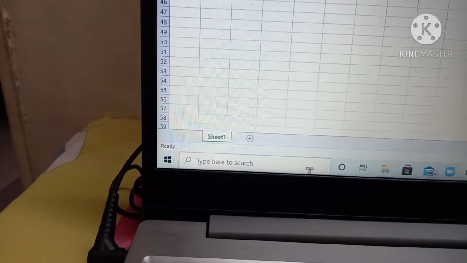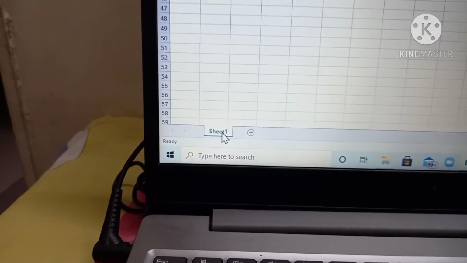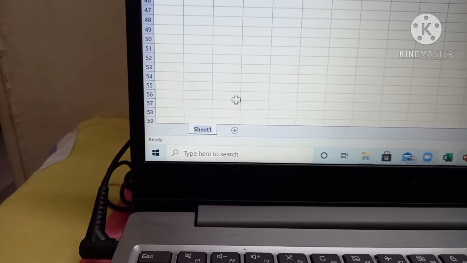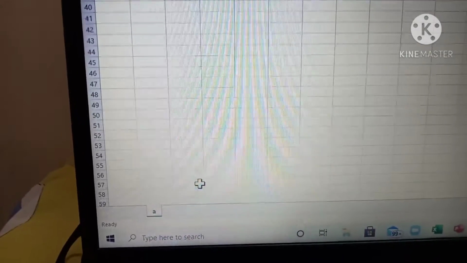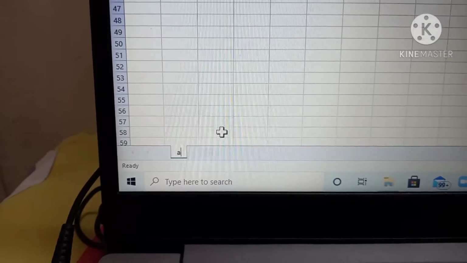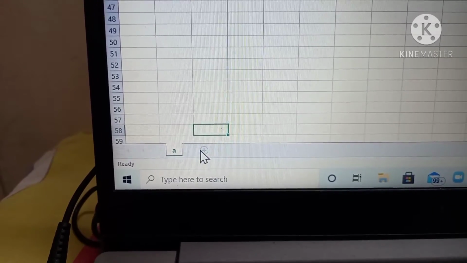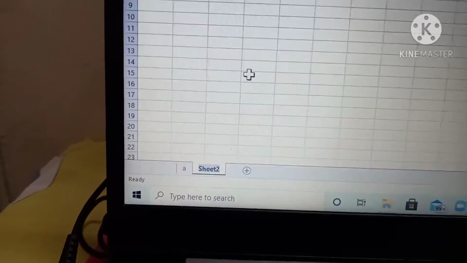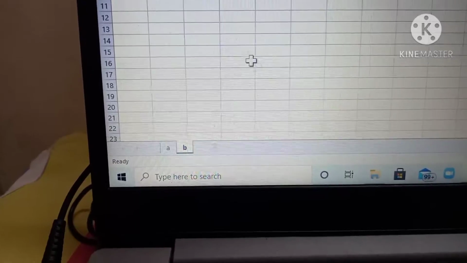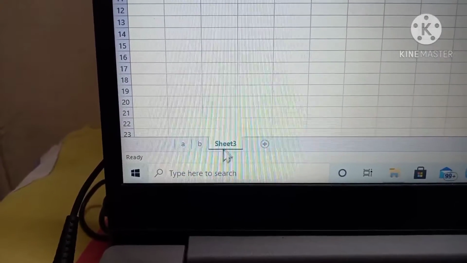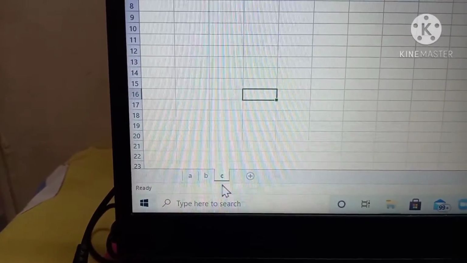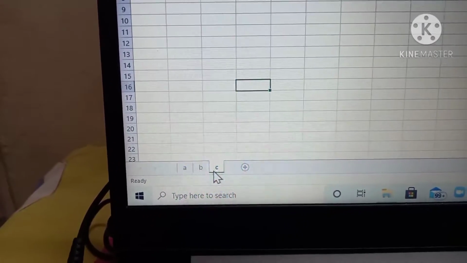Now to move between the worksheets, suppose, for your information, here I rename this, you can rename also. So I rename this as A. Now again I want one more worksheet, right click, I will rename this as B. Again I will add one more worksheet, I can rename this as C. So this is how you can rename. So how many worksheets altogether do you have in one workbook?